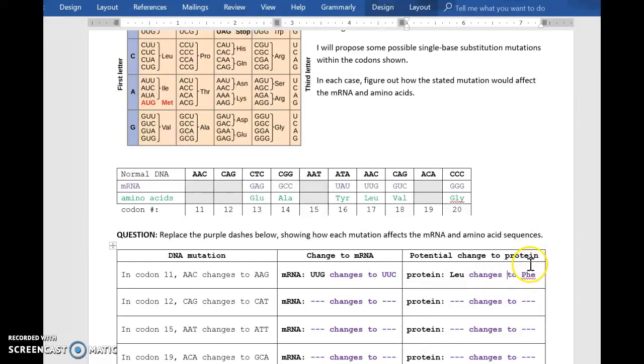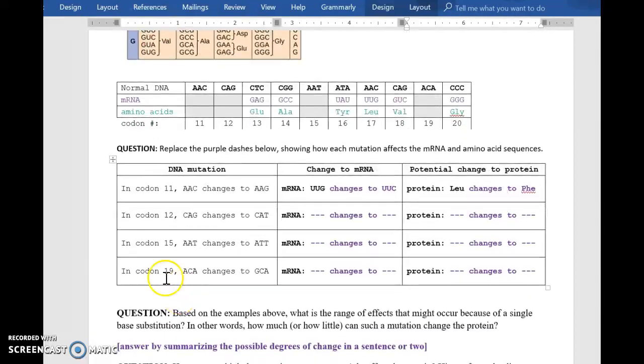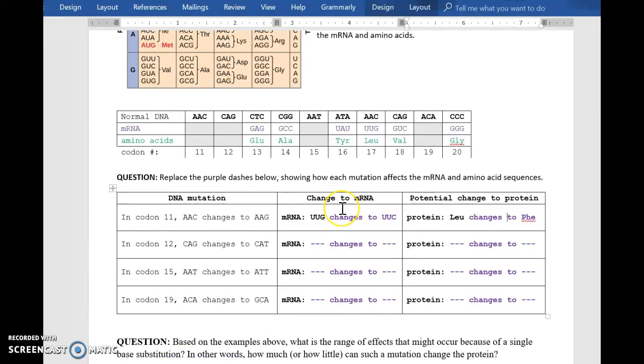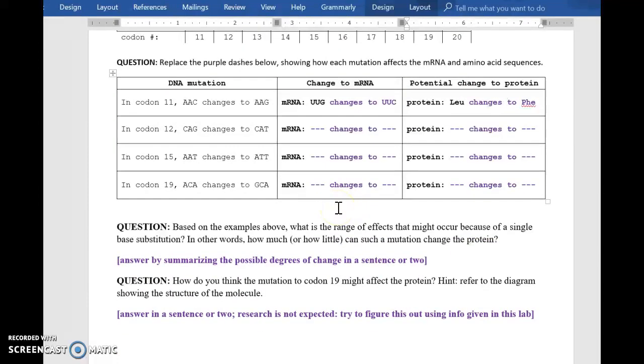And that's an example of one mutation to just one letter in the DNA that then affects the identity of just one of the amino acids in the insulin protein. What you're going to do is go through and do that same thing with the rest of these, and you'll have to do codon 11 too. So I showed you the answer, but it'll help you practice just to do it yourself. And then answer the questions